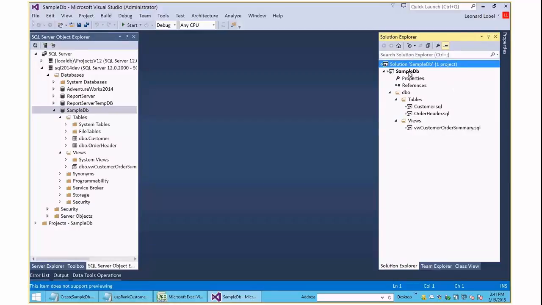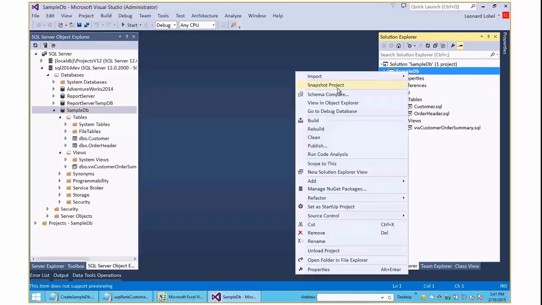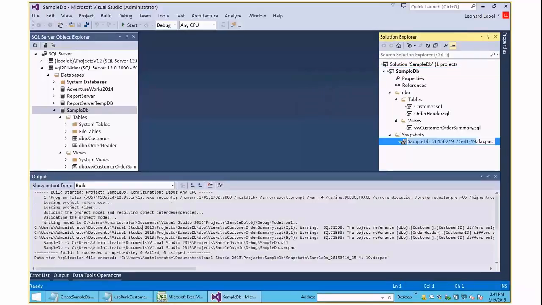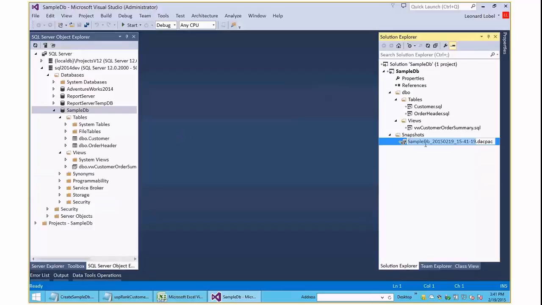Before I commit this to source control, though, I'm going to create a snapshot. This is one of those DACPAC files I was talking about earlier. Just right-click on SampleDB and choose Snapshot Project. What that does is you can see here it builds the project, and we'll talk shortly about what it really means to build one of these projects. And it created a snapshots folder, it created the DACPAC file, and it is suggesting a name that includes the current date and time, which is nice, but I'm going to choose my own name. I'm going to call it version 1